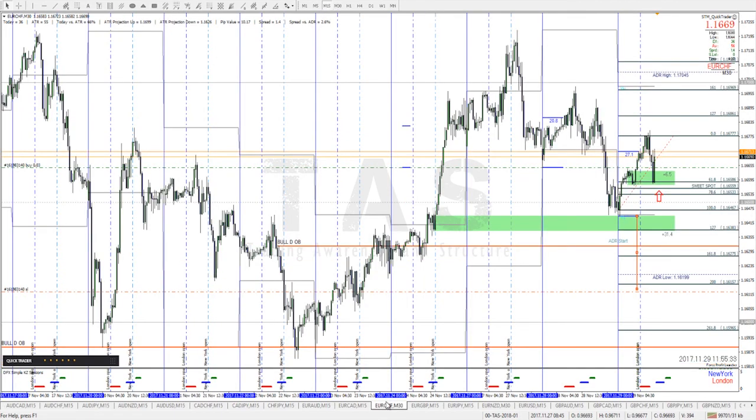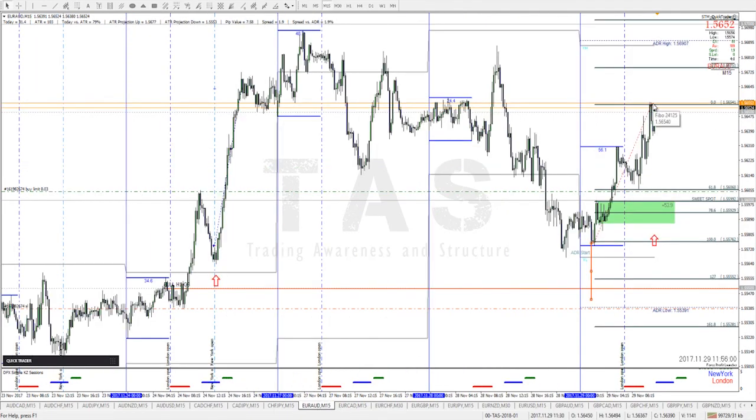Euro Swissy also got triggered, came back to the exact price level, but if we factor in the spread, it's that thing there. So I could have gotten a better price, but at least that way I know I got in. It's moving nicely. And the other one, it's looking like it doesn't want to come down. So